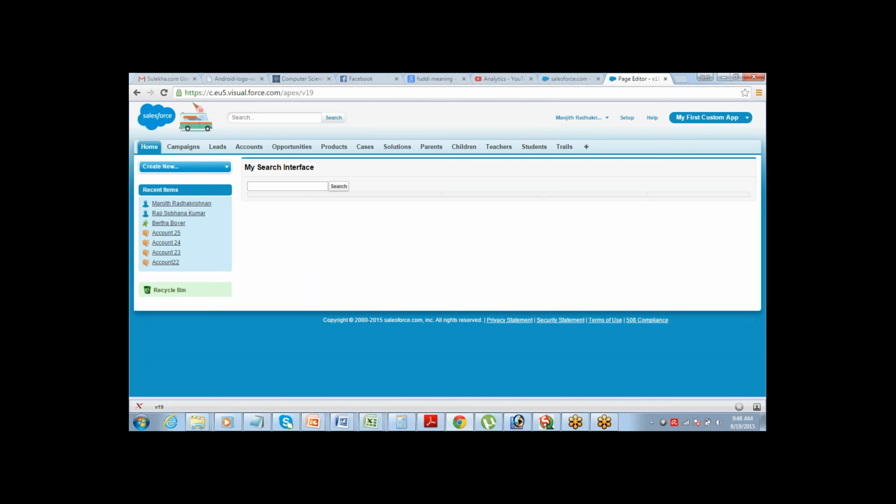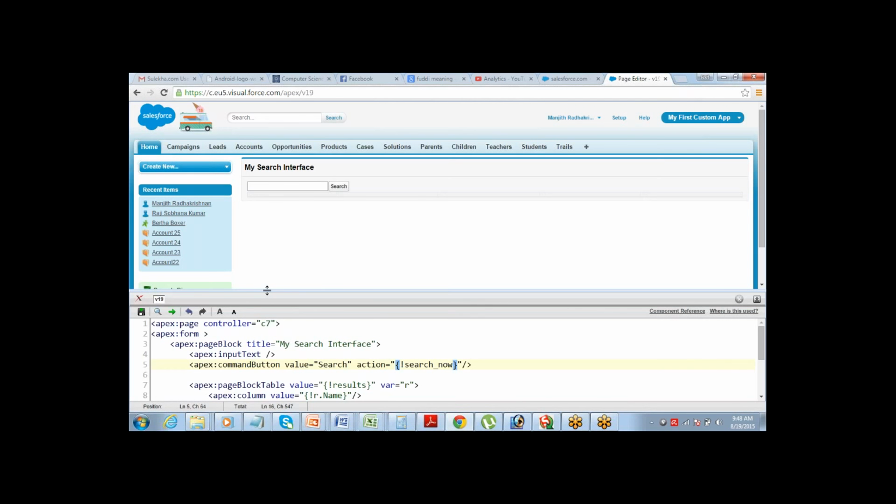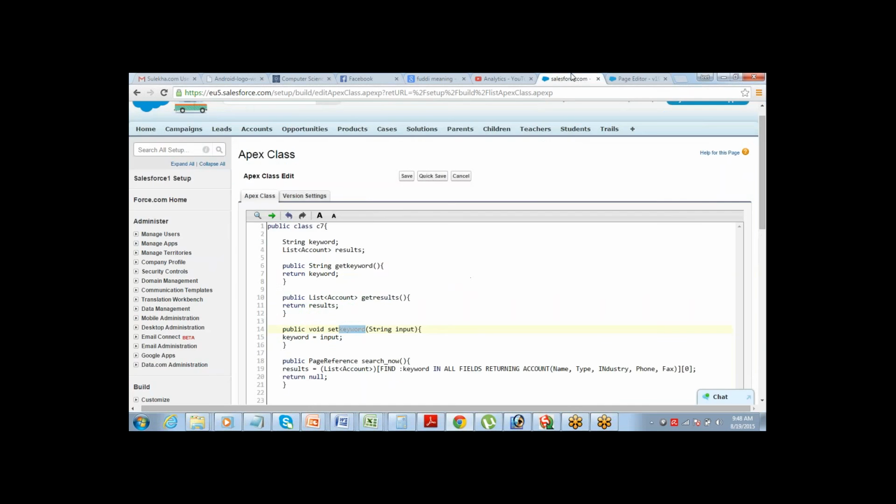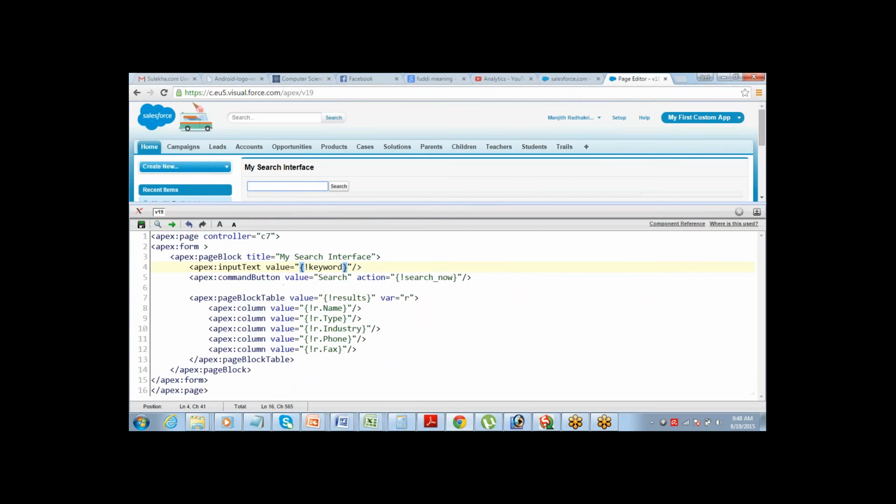Where we'll be searching the keyword. The input text box, correct. So that should come in the input text: value equals keyword. Again, the set part of the method does not need to be written here, only the function name after the set. It's keyword. That's it.